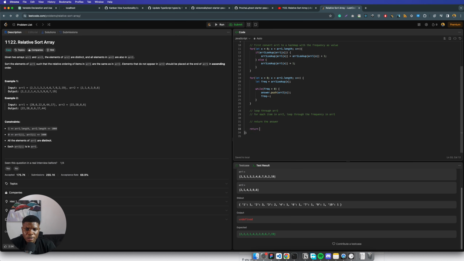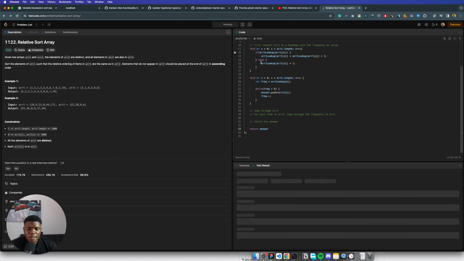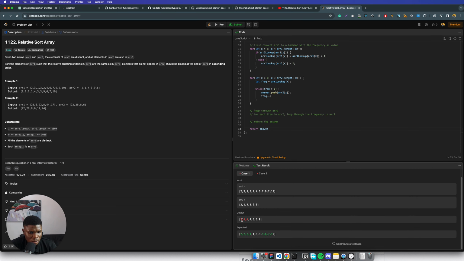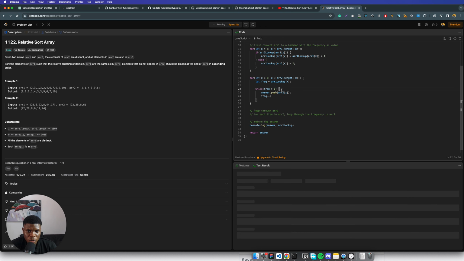So when we return answer, we should have something similar to the answer, except for the last items. Yeah. Hmm. Something is wrong somewhere. Let's console the answer and array 1 lookup. Seems like array 1 lookup doesn't really have a problem here. But